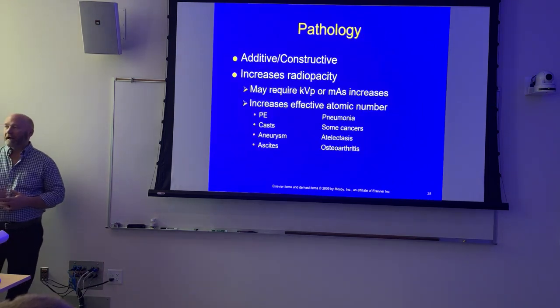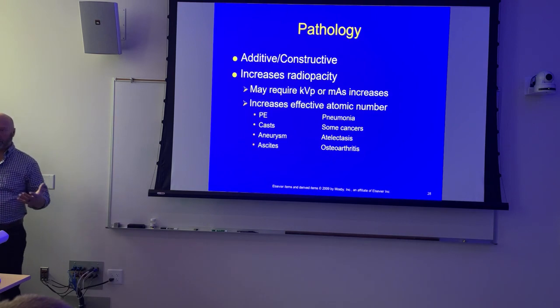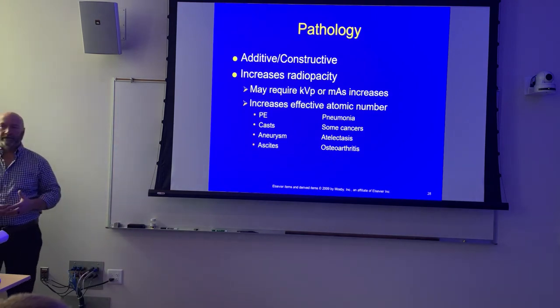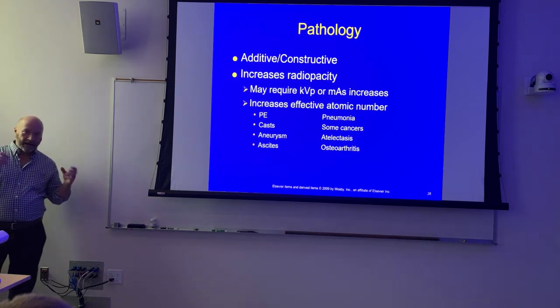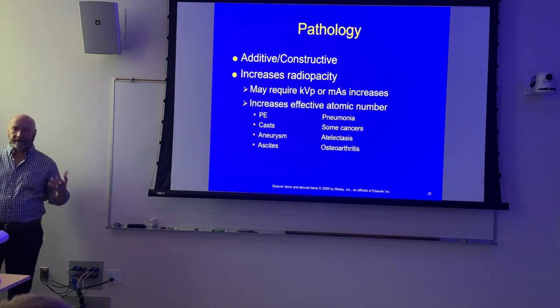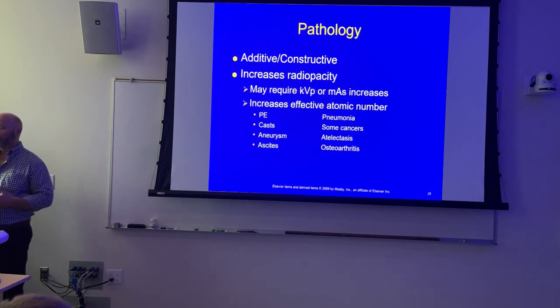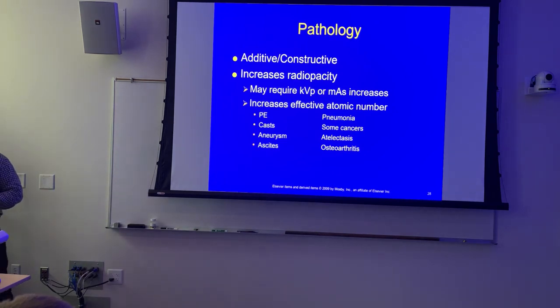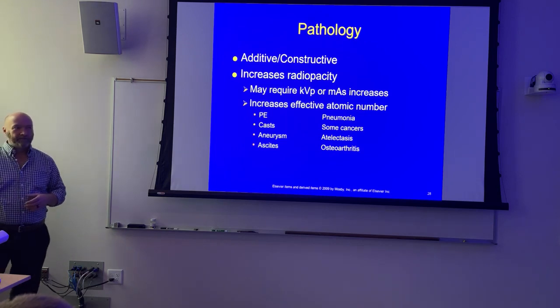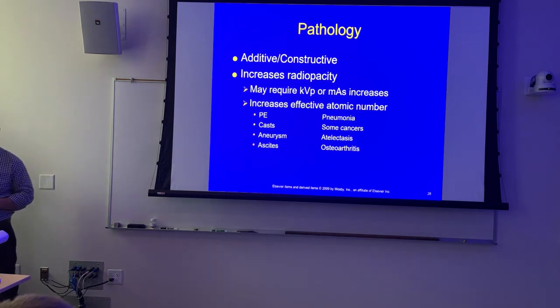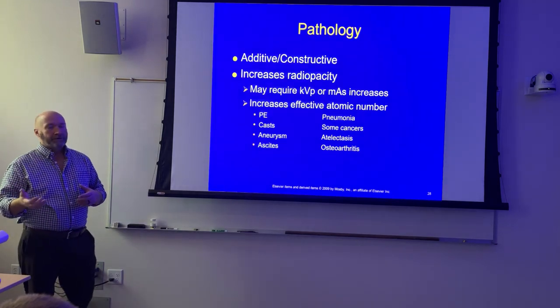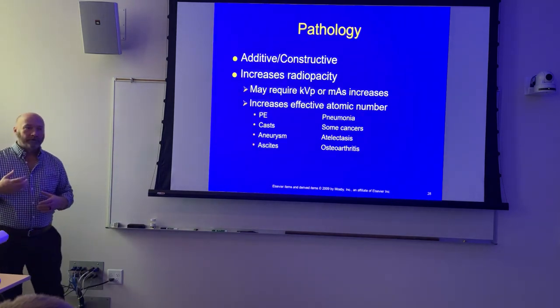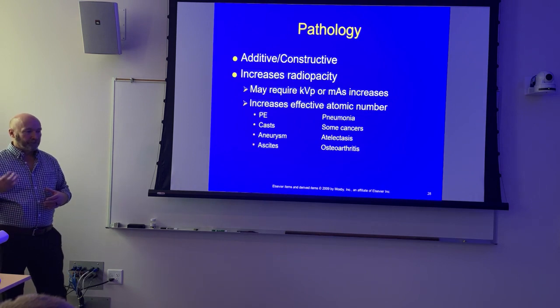So we have additive conditions, which are constructive. It's not constructive in that they're better for the patient, but they're just additive, right? So additive conditions add patient density, and they're constructive in the tissues. So it increases radiopacity. It might require increase in KVP, but most of the time we can get by with mass. All right, so the reason that we want to reserve KVP for the most part for